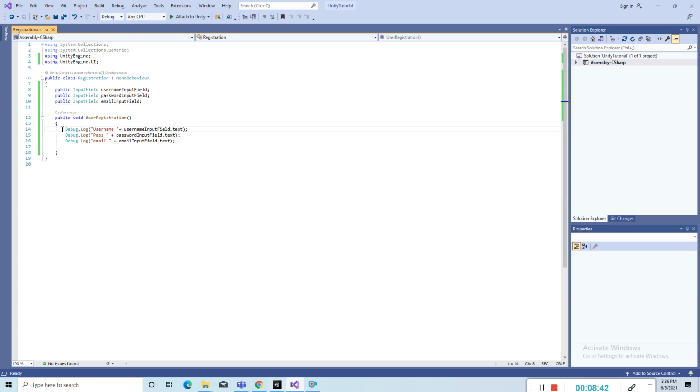Okay, what I had to do, I had to store this information into a JSON file. So for that I had to create one model class, and Unity gives me the facility to store this information into JSON.